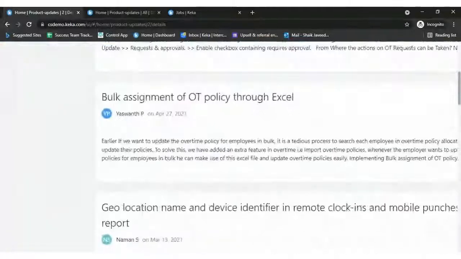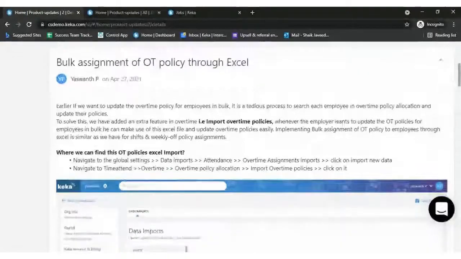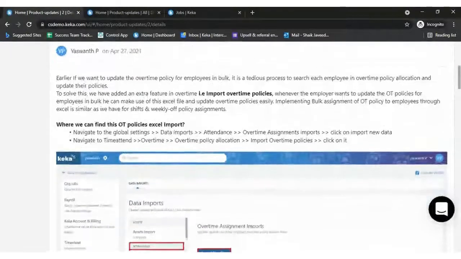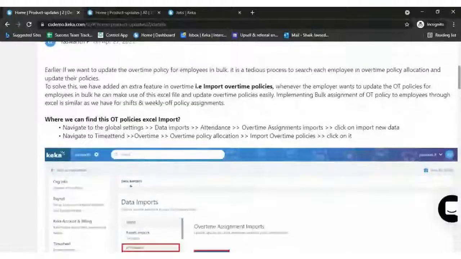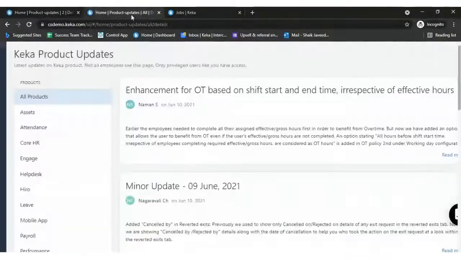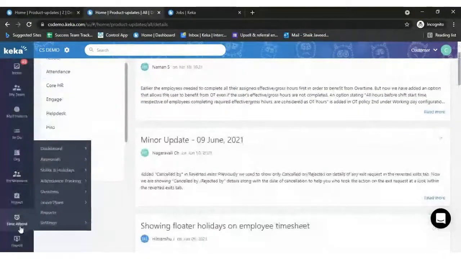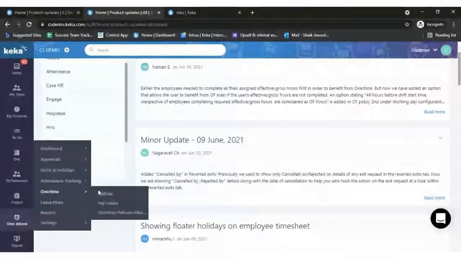The first update we'll talk about is the bulk assignment of OT policy through Excel. There are many companies who are opting for OT policy configuration. For that, you would navigate to Time Attend, Overtime, Policies.